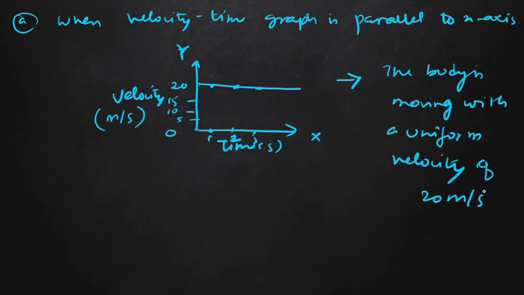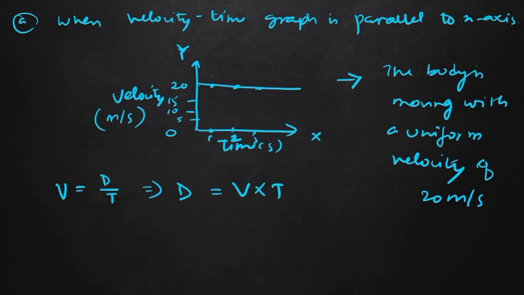In your question the line may be drawn from 15 also, so then the uniform velocity will be 15 meter per second. The line may be drawn from 50 also, so your velocity will be 50 meter per second, like that. Okay, clear? From this graph we can calculate the displacement also. We know that velocity equals displacement by time, so the displacement can be written as velocity into time. If velocity is known and time is known, then we can calculate the displacement with this formula.